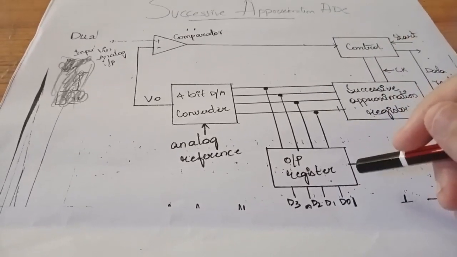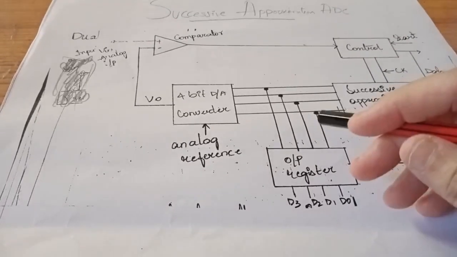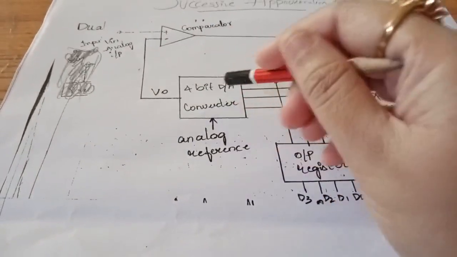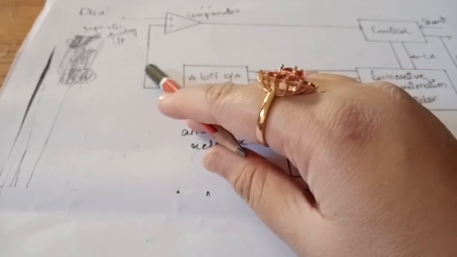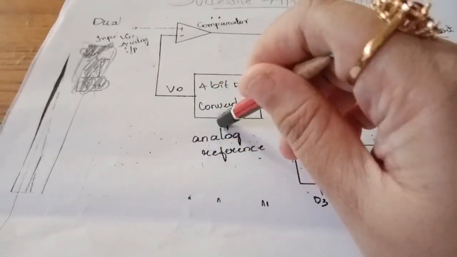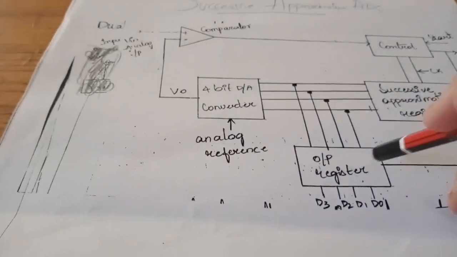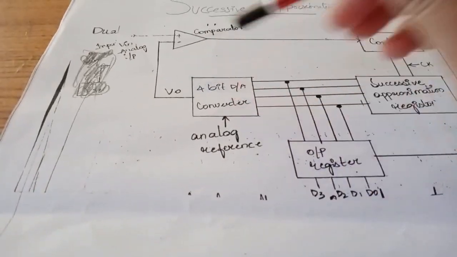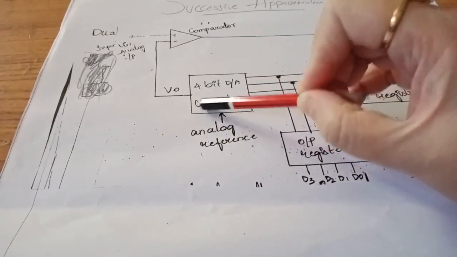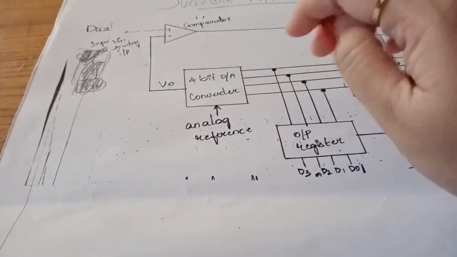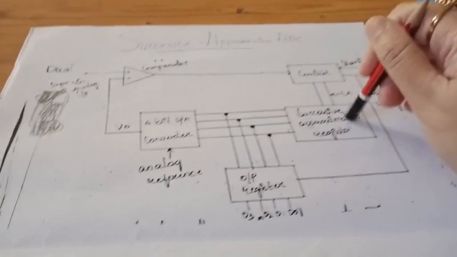Then you have to go to the point when the DAC output matches the analog signal. Where DAC is the digital to analog converter, its output matches with the analog signal. The input of the DAC is equivalent to the digital signal. In this 4-bit D to A converter, first, when you turn on the circuit, the 4-bit D to A converter will be matching with the analog input. After matching, it will pass to the successive approximation register.